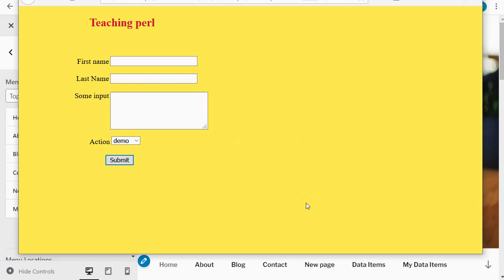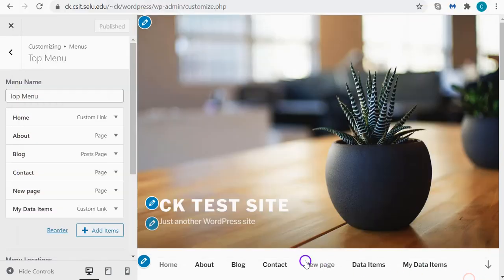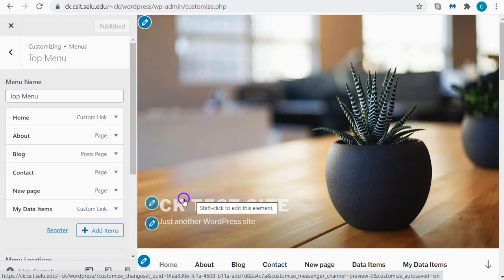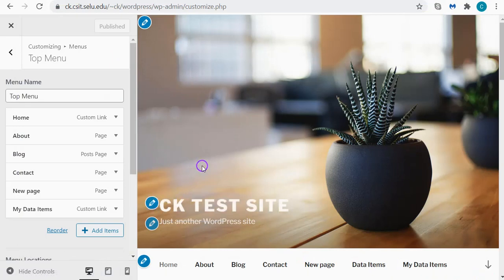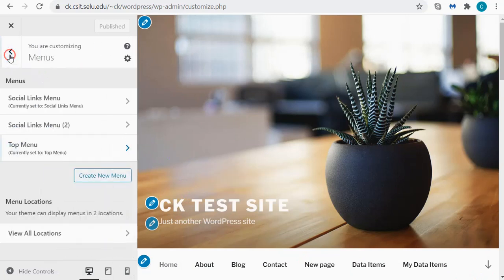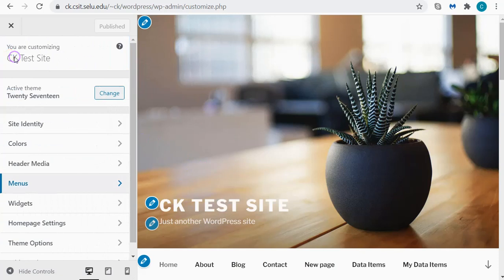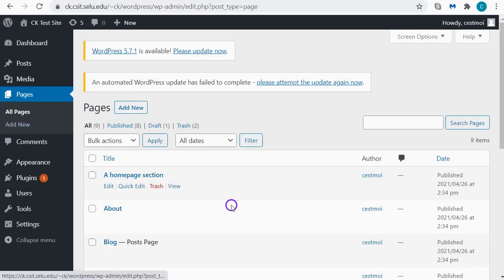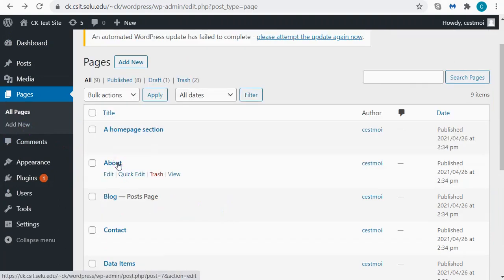And in your case, you can just link it to your previous assignments and finish it from there. Going back to my dashboard, I can go and link other things as I like, or I can add linked elements to a page. So if I go back to my dashboard, I can select the pages, and I will go to the About. So if I hover over this and then I click on Edit,